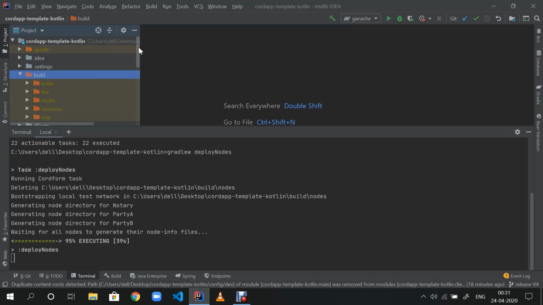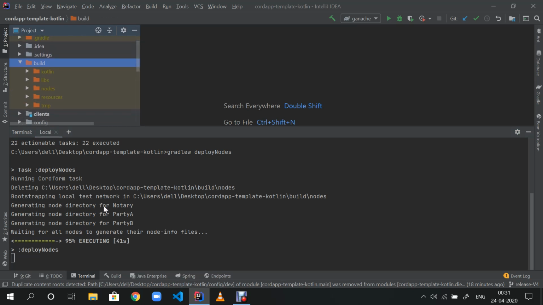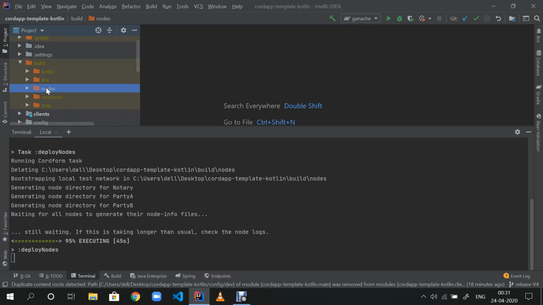So after deploy nodes, this nodes folder is also formed inside your build folder. What this does is when you deploy nodes, it takes all the information regarding the nodes, all the RPC settings. You can search about RPC settings on your own also. It forms the basic files of the nodes.